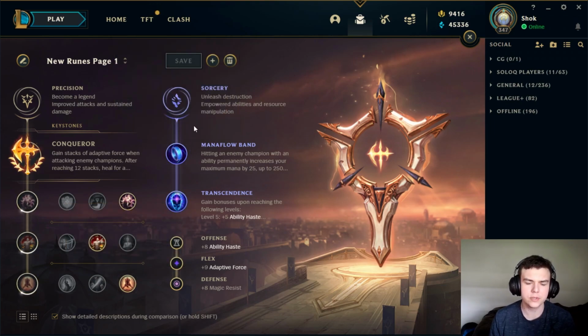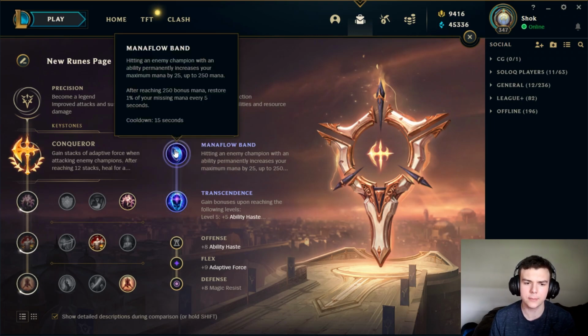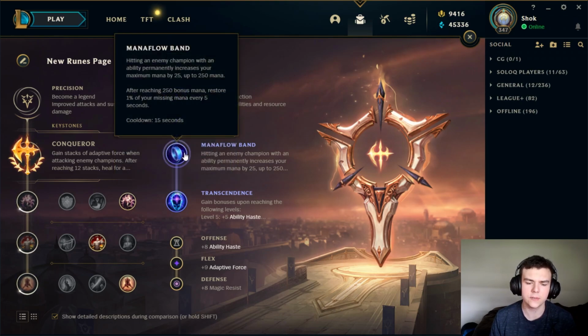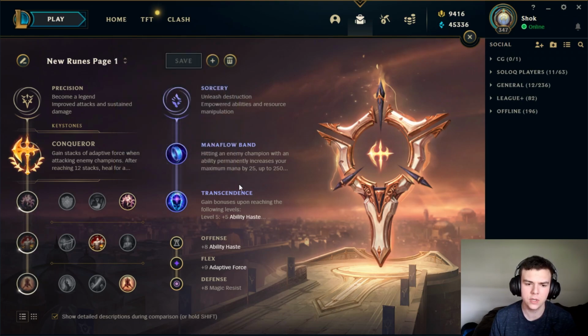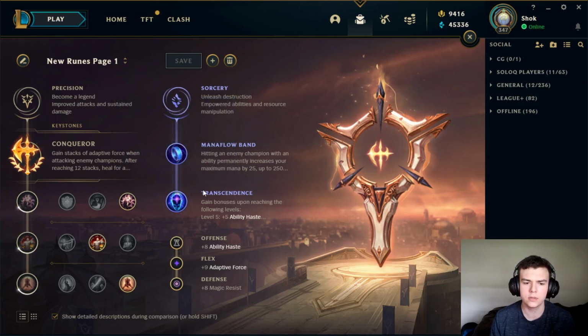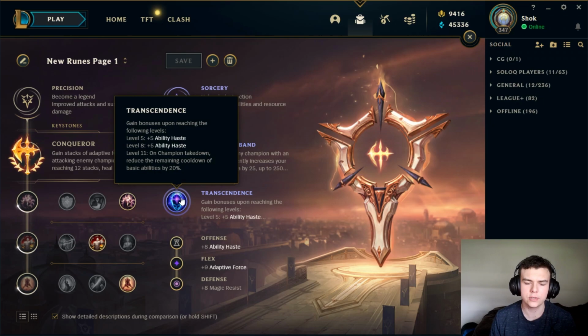So for secondary runes, there are quite a lot of choices. I'd say probably the standard is to go Manaflow Band and Transcendence as your minor runes. So this gives you, again, a lot of mana, which is very useful for Cassio. And also Transcendence just gives you more ease, more Qs. Because Cassio is a DPS champ and you're always using your spells on cooldown in a team fight, Transcendence is